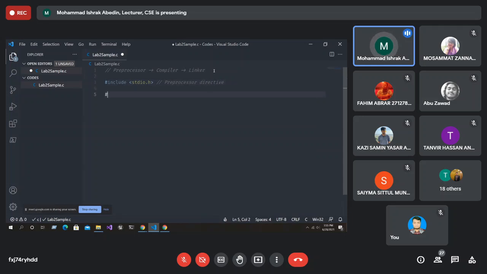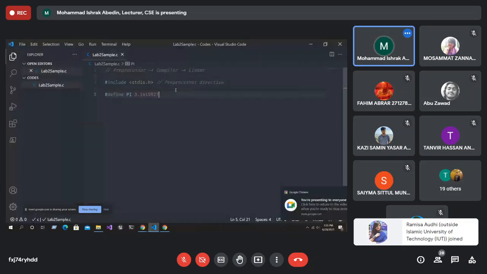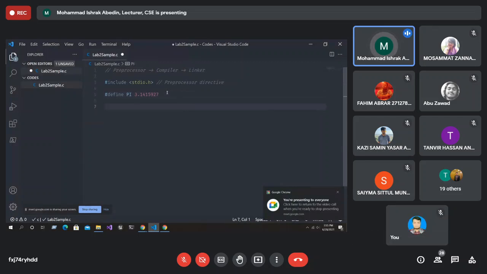After that, generally you have defined sections where people define their constants. Like if I want pi, define PI 3.1415927. So what it does is that whenever the compiler, the preprocessor, encounters this word PI, it will replace it with 3.1415927. Okay. After that, we can also have other definitions and global variables,